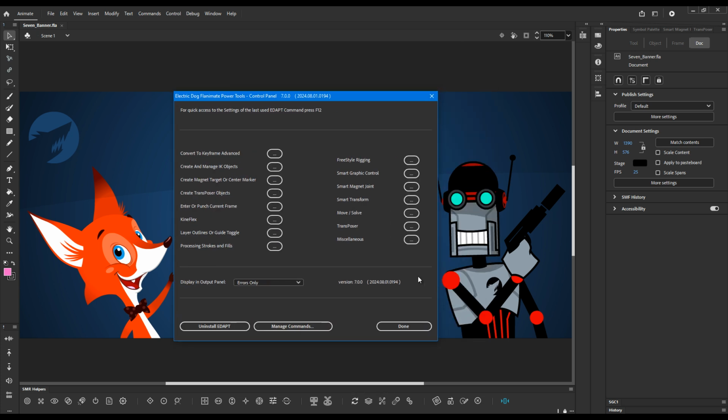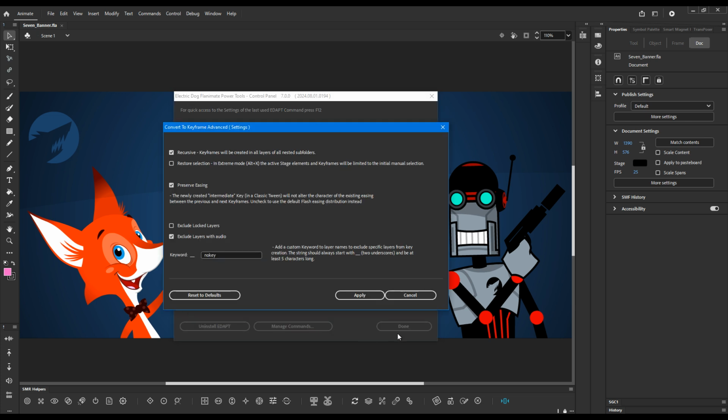This is how the control panel looks, and it features multiple buttons, and each one of these will open its own dialog with settings for various tools and commands. Now in this video I will not focus on the individual settings, but rather cover some important functionality about the